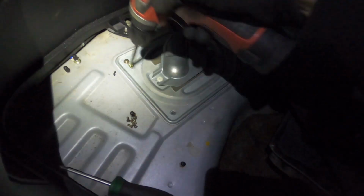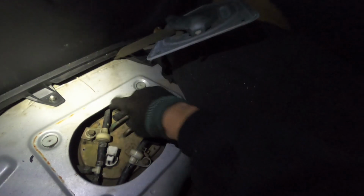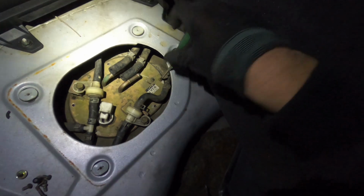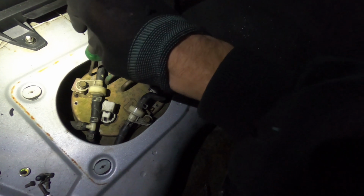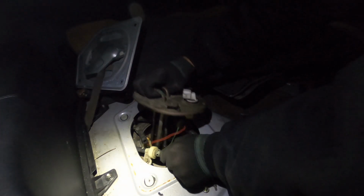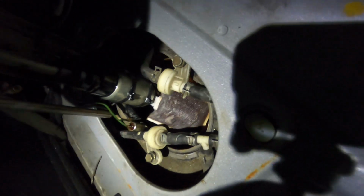I'll just put it under. So I've already taken off the lines, and I'll just take a few of these out so I can show you inside. Alright, so as you can see on the filter, there's like a lot of muck. So basically, get this out, and the tank is